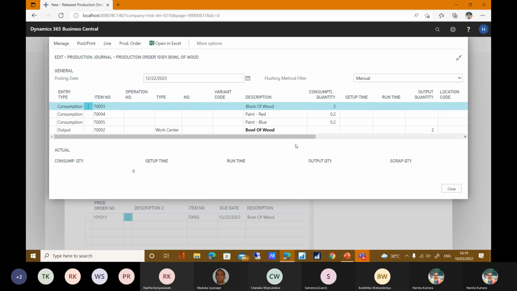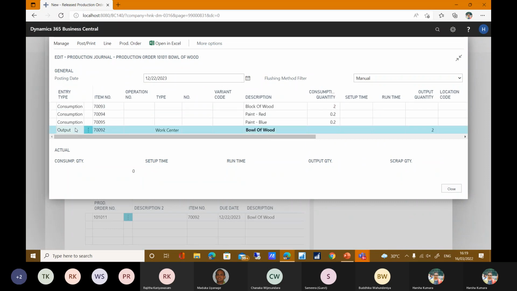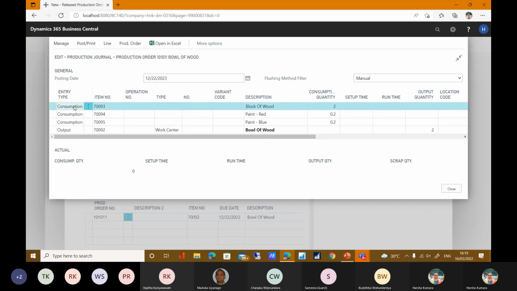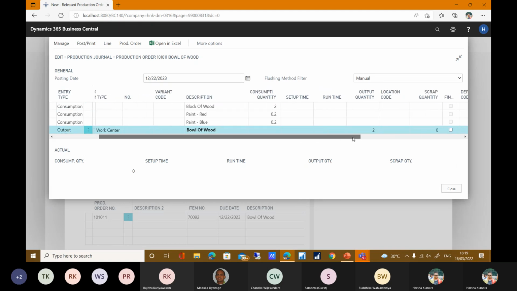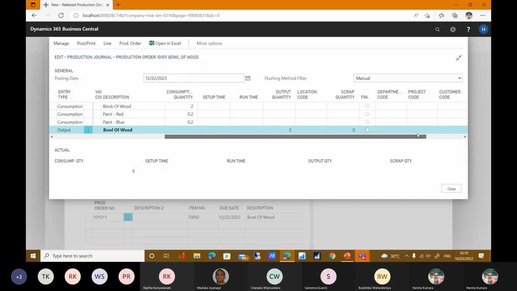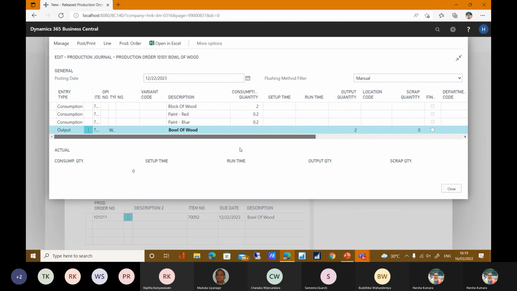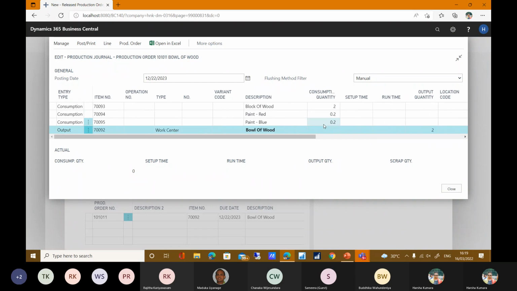In the production journal, we can see I have added these three raw materials: one is block of wood, and another one is the two paints, and the other one is the output. Output means your production, and consumption is the raw material component you are consuming. Once you click this, you can see the output quantity can be 2, and all the production raw materials are treated as 0.2 and 0.2 as per the BOM